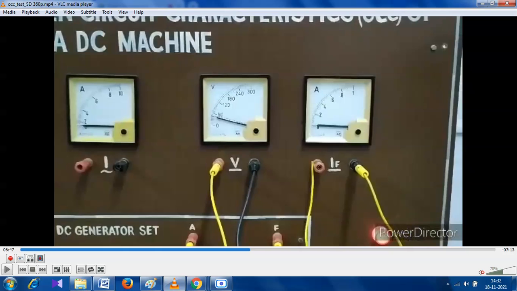Here the division number is 10, so the smallest division is 0.02, because in between 0 and 0.2 there are 10 divisions. And in case of the voltmeter,